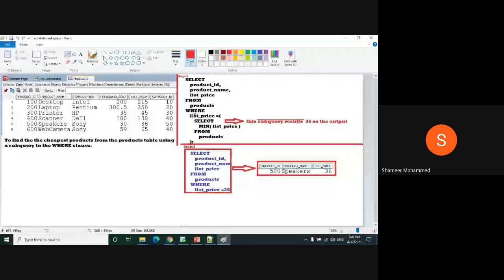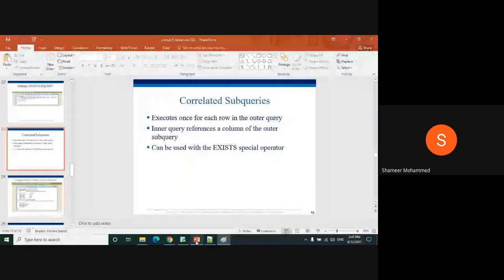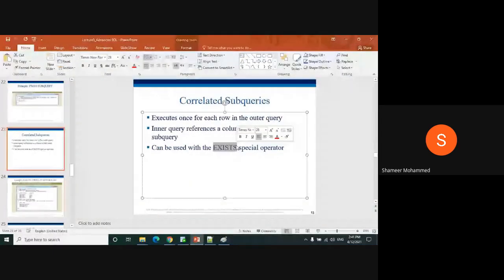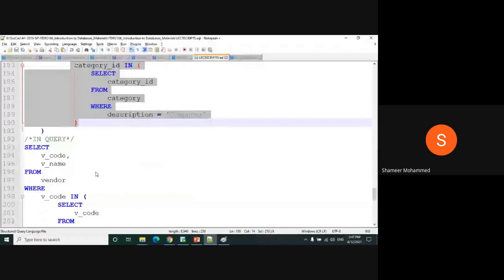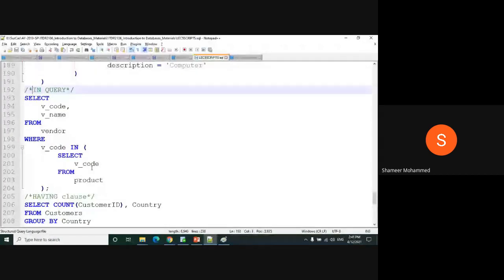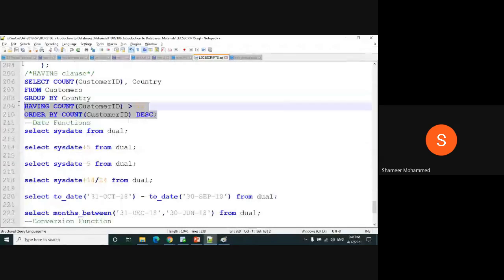And you can also use this operator called exists. Exists means present or not present. For example, this is the inside query, the having class, I told you. Now what I was telling you, exists